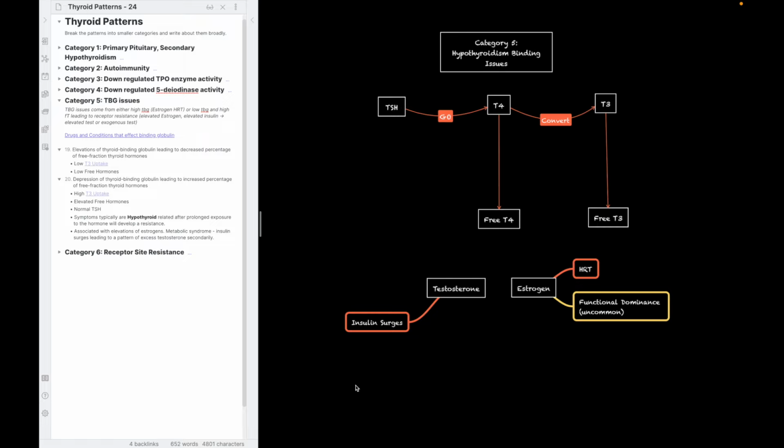Now, I'm very particular in saying that it's insulin surges because you get this high level of insulin repetitively. Eventually, that does turn into diabetes, but it doesn't have to manifest as diabetes yet, especially in younger women. Very commonly, I see this manifest as low blood sugar or fluctuations between low and high. So it's important to stabilize blood sugar. I've got a video on dysglycemia, is the proper term for it. And if you can get stability in the blood sugar,